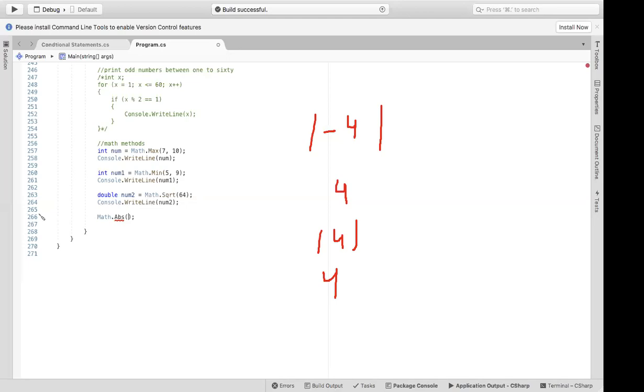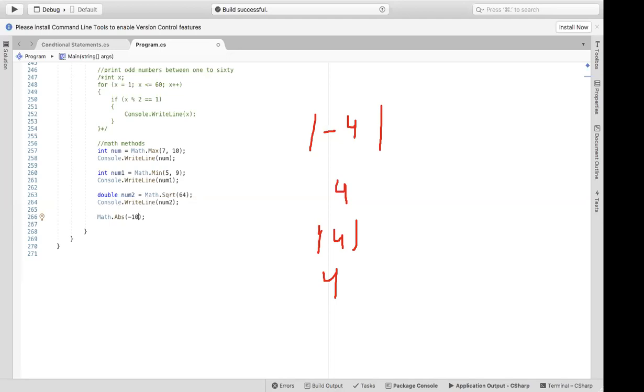Clear? Now write a negative value inside it. So it will return +10. It will make it positive.